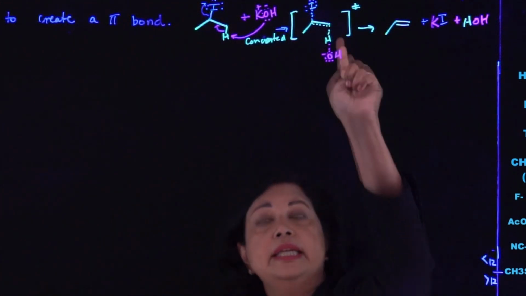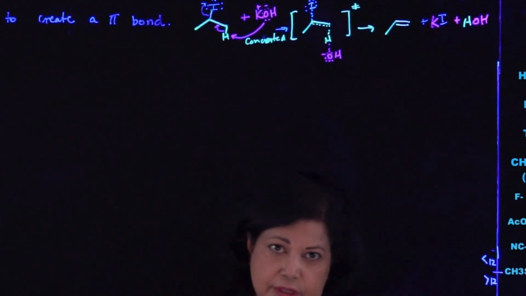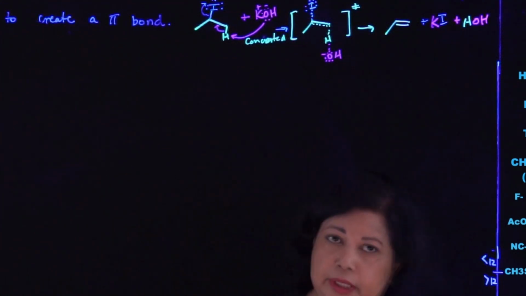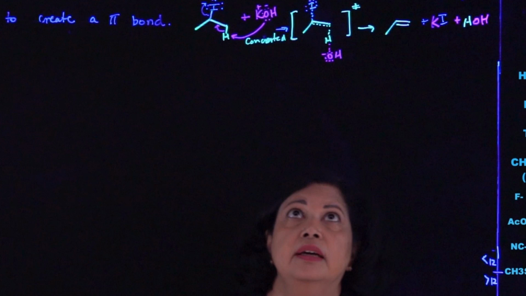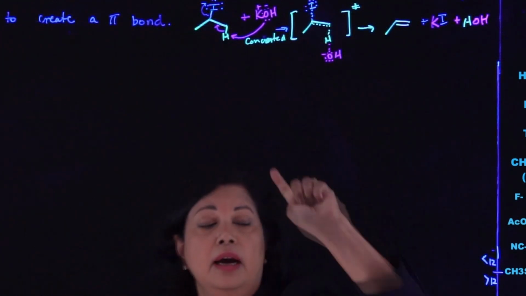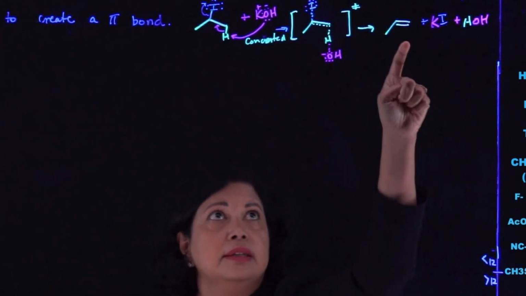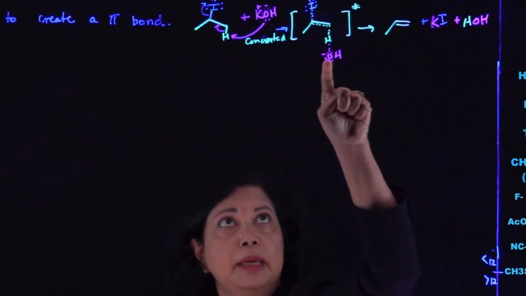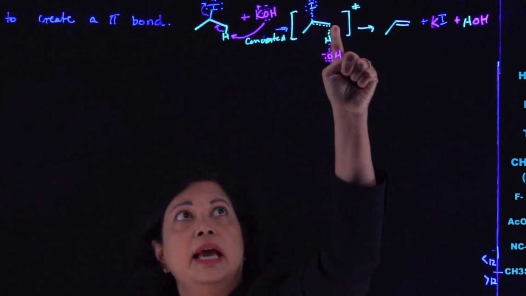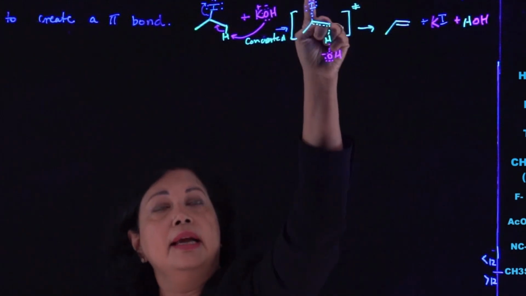If you want to do an E2, you gotta have a strong base. Otherwise, it ain't gonna do an E2. All right, it's not gonna pull off that hydrogen unless it's very strong. So here we have a strong base that pulls off the hydrogen, and that makes a pi bond and releases